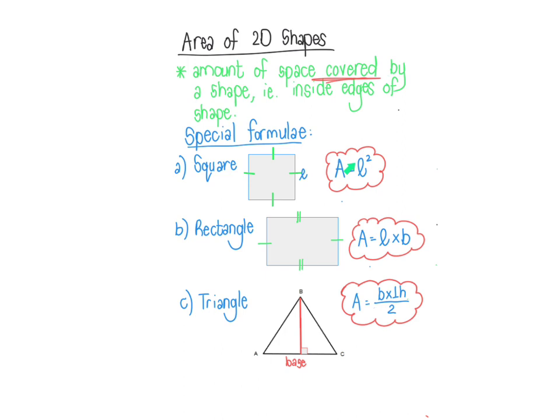Now, the special formula we've learned up to grade 8 is the square. The area is length squared. Length times length, that would be. Remember, that's what L squared means. So length times length. Okay, and then for the rectangle, once again, remember, let me just insert this here. This is the length, this is the width given, and that would be just plain old length times